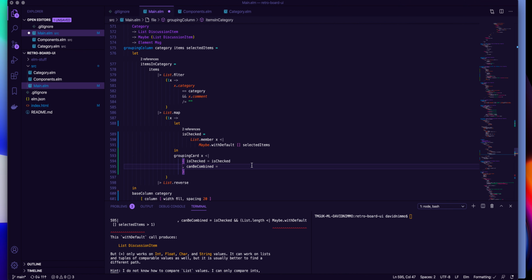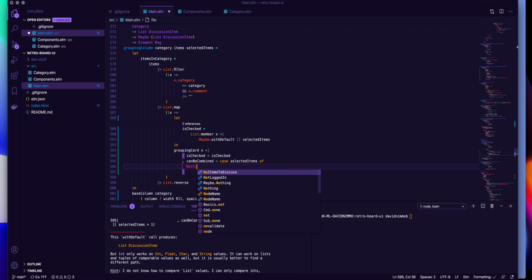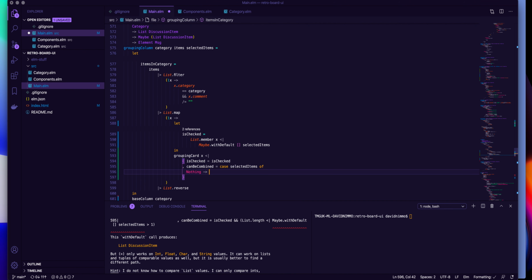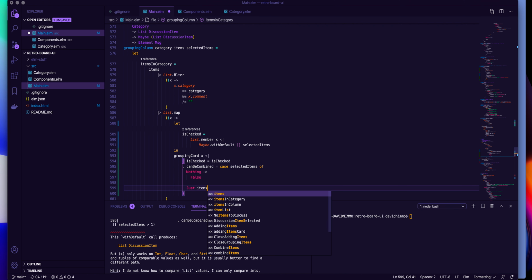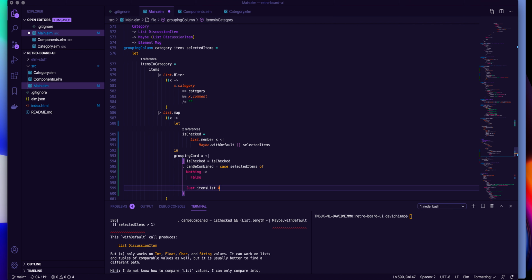in fact, selectedItems is a Maybe, which means it may or may not have a value. So what we're going to do first of all is check to make sure that that's not got Nothing in it. So case selectedItems of Nothing, and if there's nothing in there, then we know that this item can't be combined. It's just not possible. There are no items. Otherwise, if it's got a list of items, so let's call it itemsList,